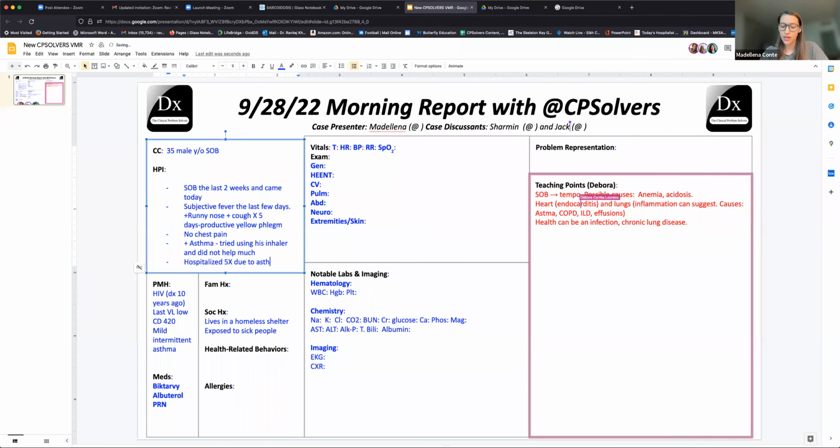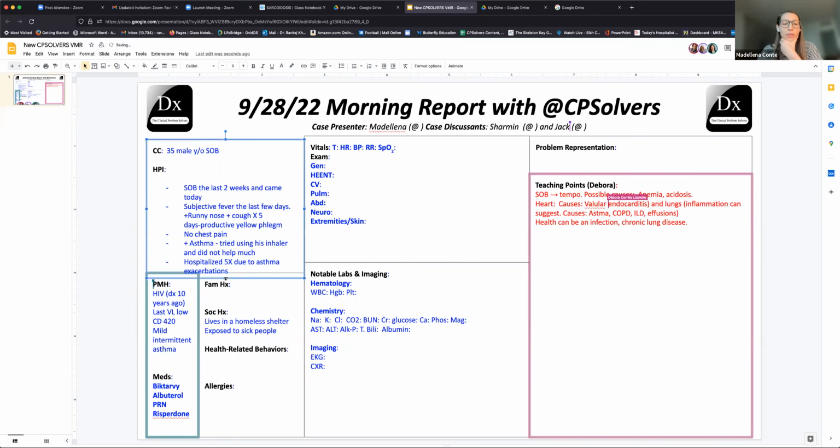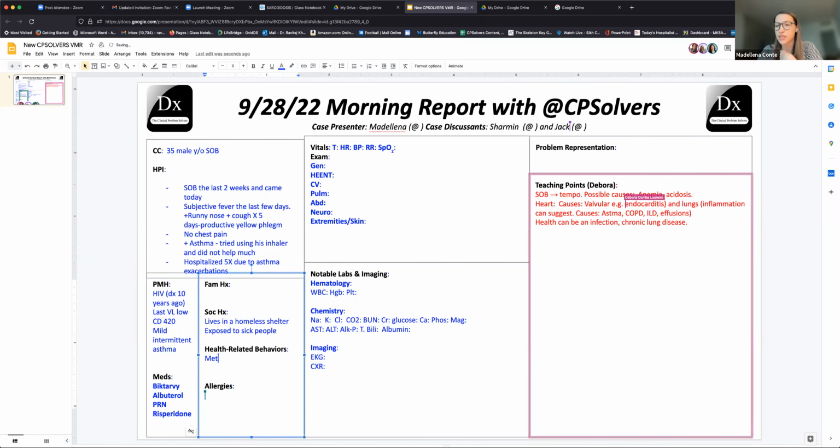In terms of other medications, he takes risperidone for schizophrenia. And let's see if I have anything else here. In terms of social history, he is unstably housed, lives in a homeless shelter in San Francisco. He uses methamphetamines. His use has decreased over the last month; previously he used it 3 to 4 times a week, but in the last few months has cut down on that. So I will pause there.